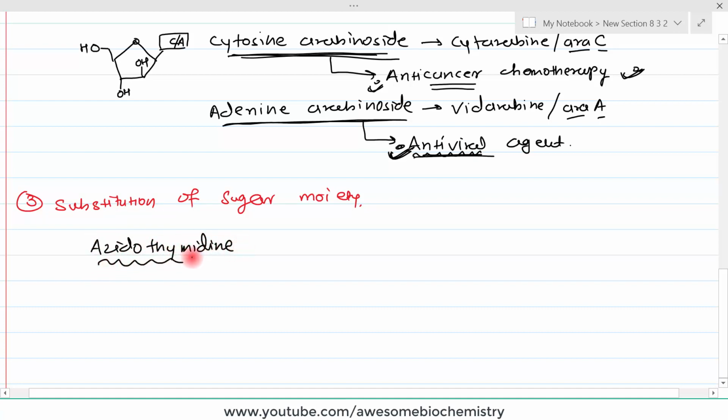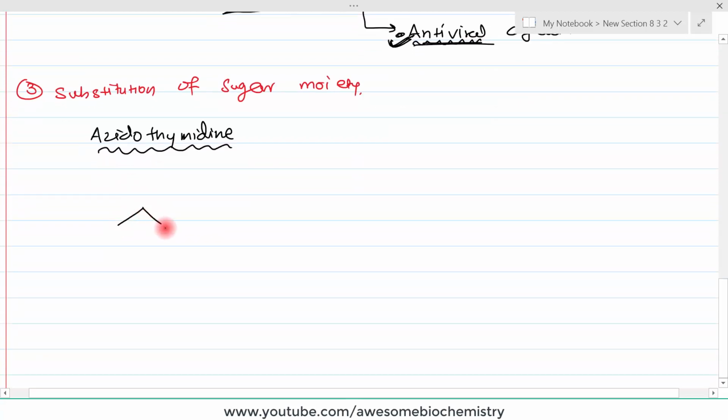Now in azidothymidine, in its structure, what happens? It looks like a sugar-like moiety is present. Here it has oxygen, but what happens here? An azido group of three nitrogen atoms is attached at the 3' position. So here the 3' position is spoiled. It cannot be used for making the 3' to 5' phosphodiester bond. But this is not the complete structure of azidothymidine. Here it has thymine at the 1' position, and here of course it has an OH group. Again it looks like a nucleoside.